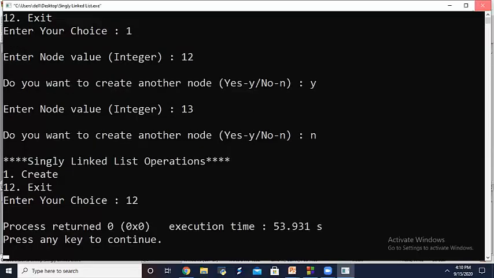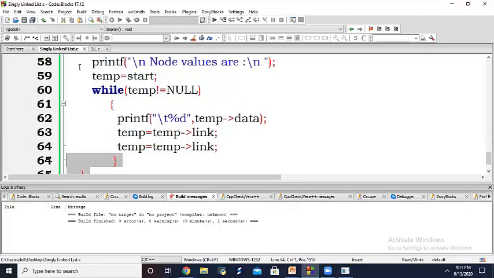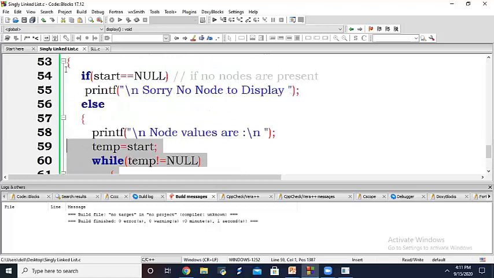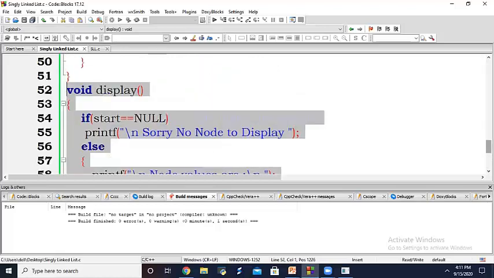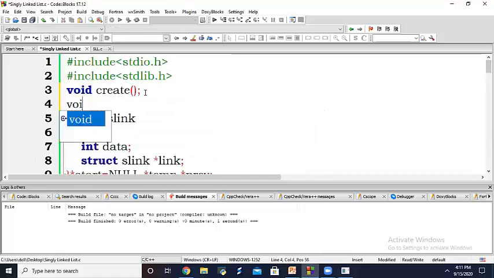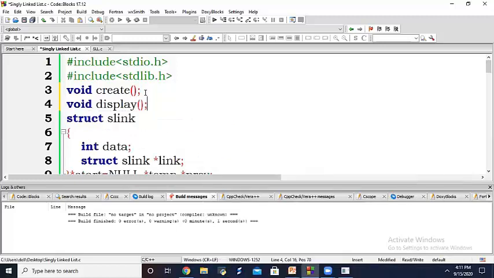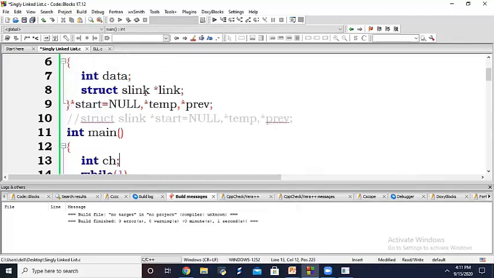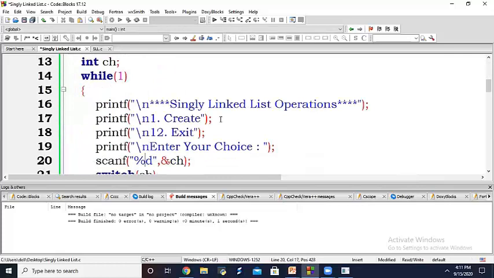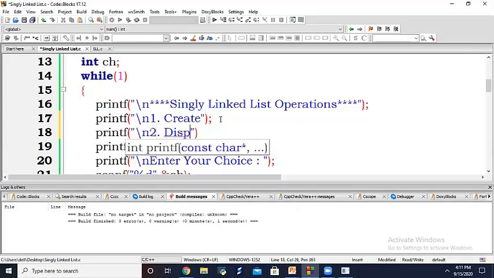Okay. Now I have pasted the display function code here. So as I am using the display function here, I am declaring the display function. And I am giving option 2 as display, 2 for display.